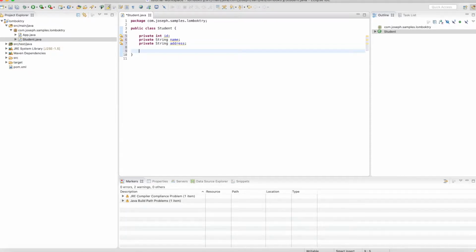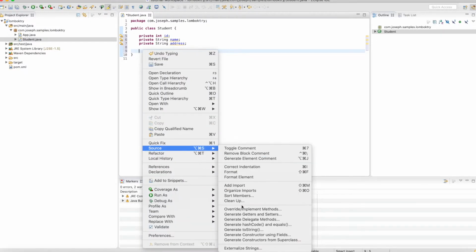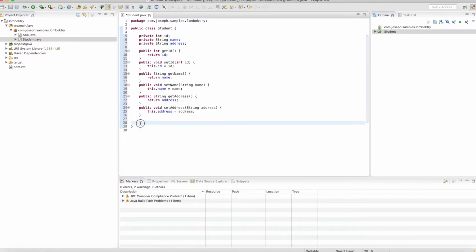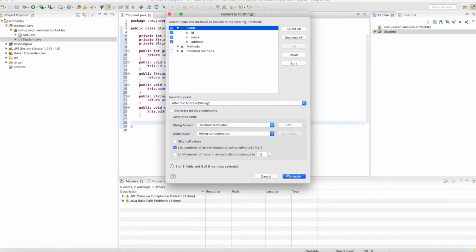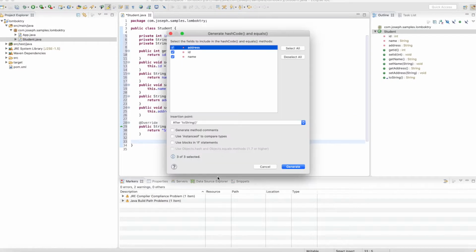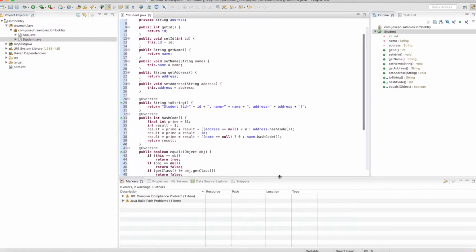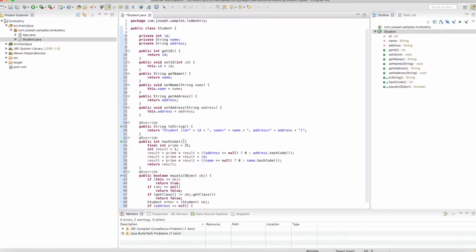So normally if you are creating a plain old Java object, you need a getter and setter, toString, and maybe equals and compare. The inconvenience is we always need to do this, and basically looking at the class, it makes it a bit complicated,